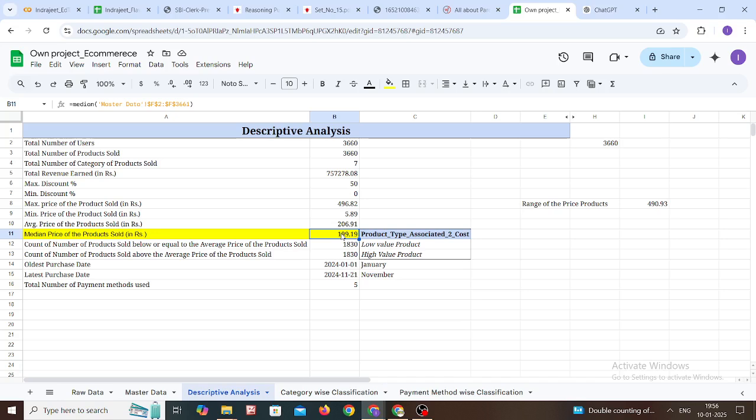The average would be what? If I have 3660 products, the average would be the sum of each individual 3660 items' price. So when all these item prices are summed up, and if we divide this by the number of products, that is 3660, we will get the average price of these items. So let's do it. If we find the average price manually, what will happen? Just find the sum